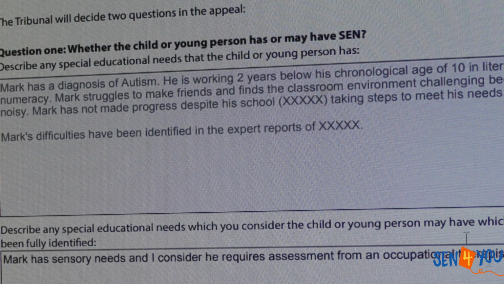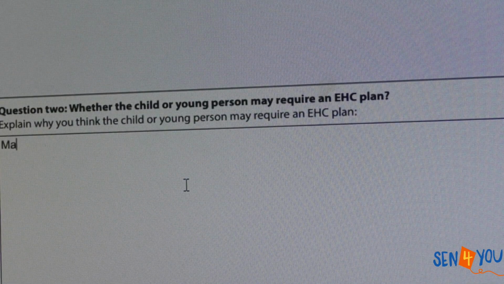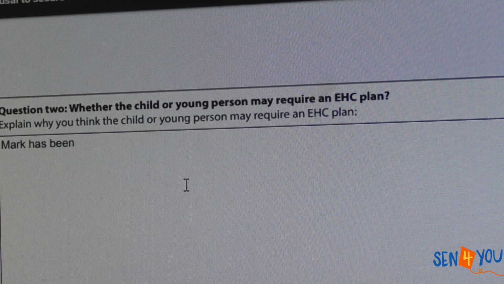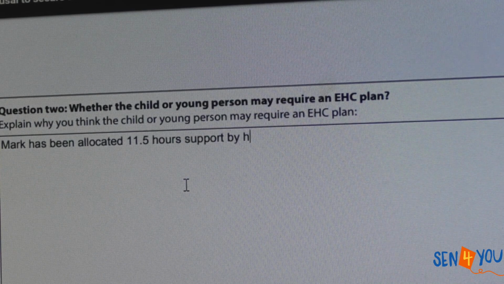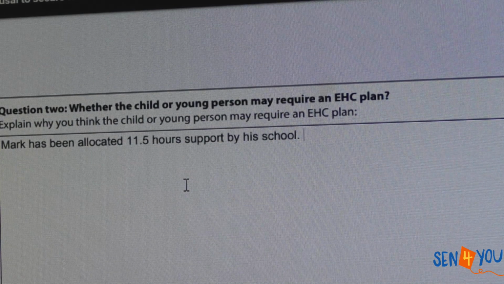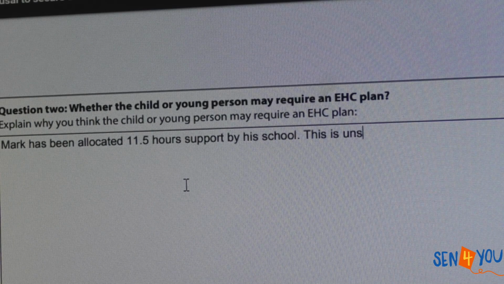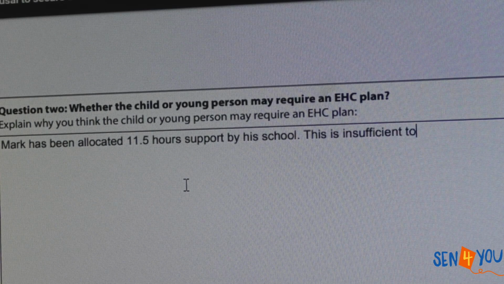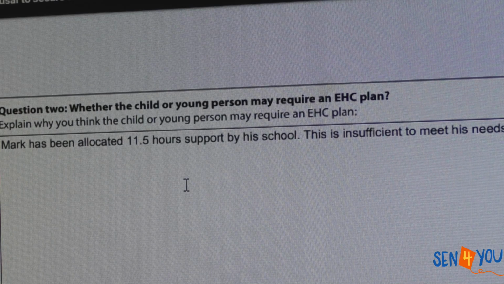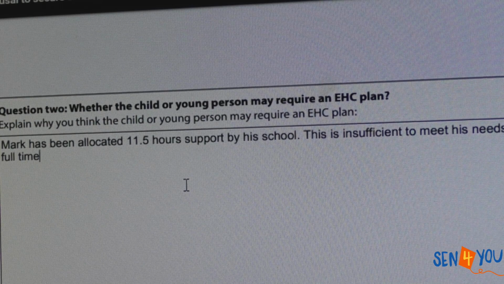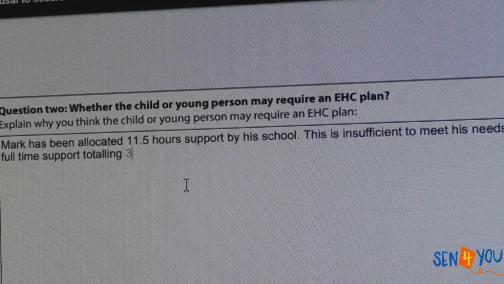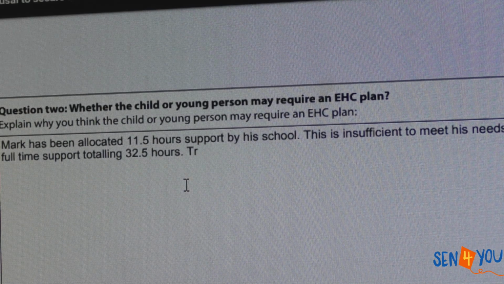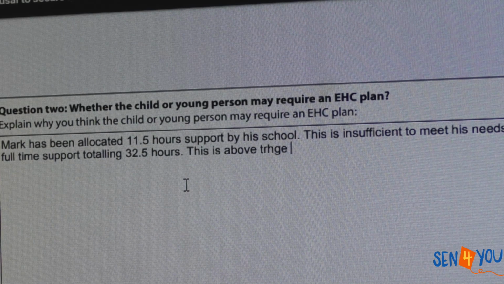Now, whether the child may require an EHC plan, you would say, so Mark has been allocated 11.5 hours support by his school. This is insufficient to meet his needs. He requires full-time support, totaling 32.5 hours. This is above the resources